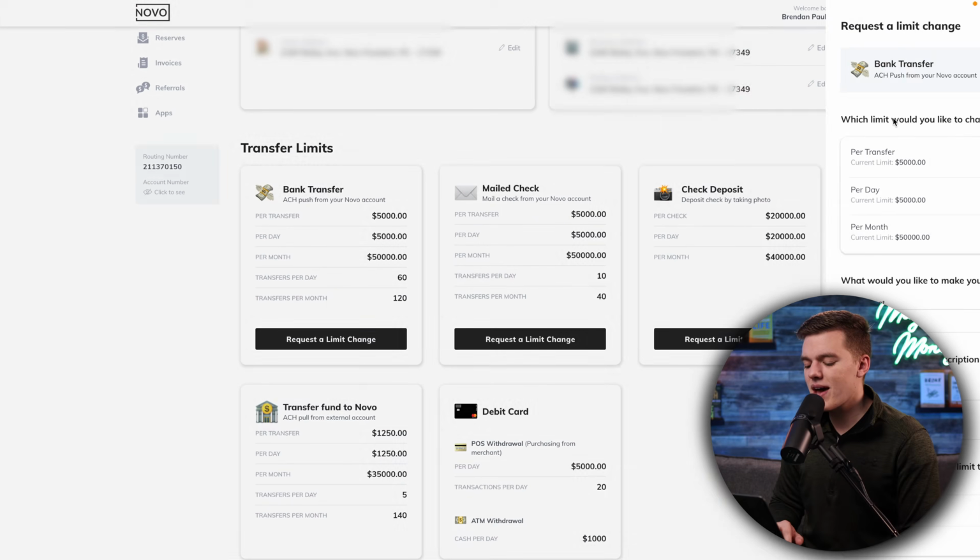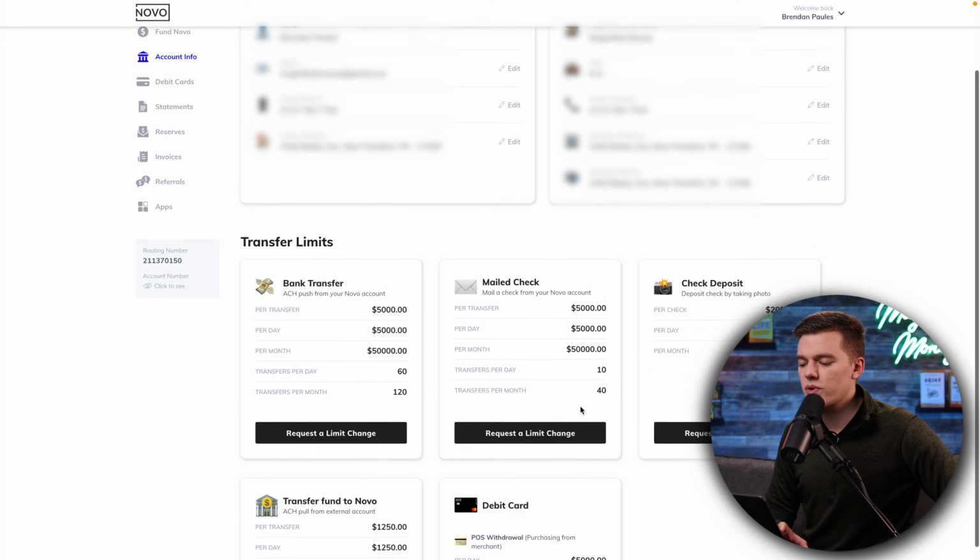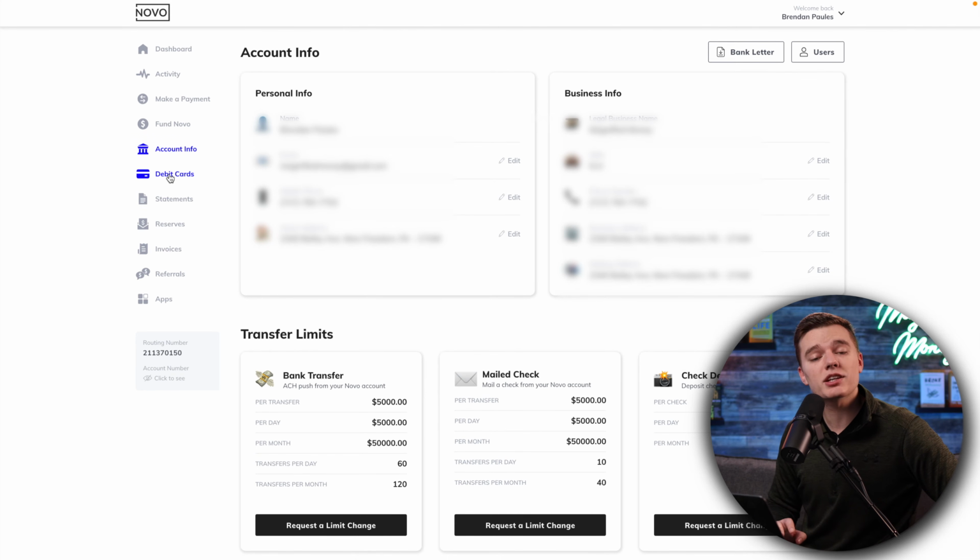All right, but closing out of that, the last thing at the bottom of that screen is transfer funds to Novo, and again, just the limits per month, per day, per transfer, all that good stuff. And then you've got your debit card as well. So that one's pretty self-explanatory, so we'll scroll back up and move on to the next one, which is the